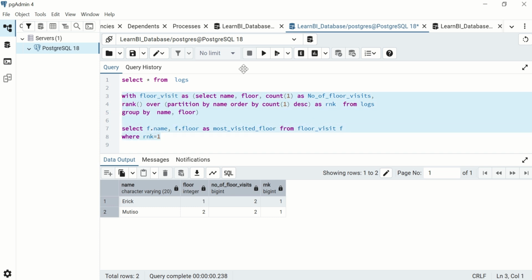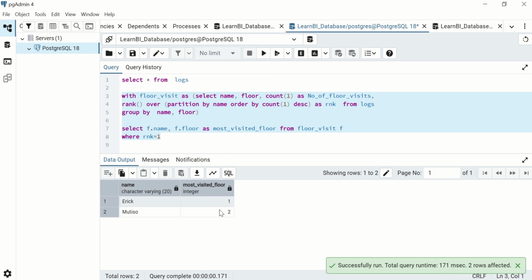So this one will give us the name and the most visited flow. So the most visited flow by Erick was flow number 1, and then the most visited flow by Mutiso is